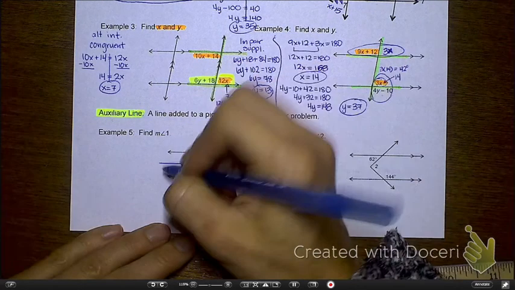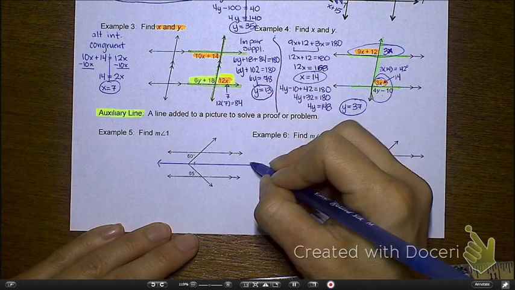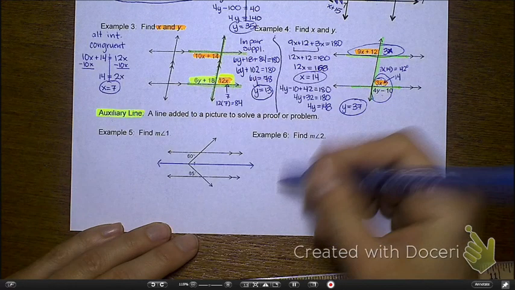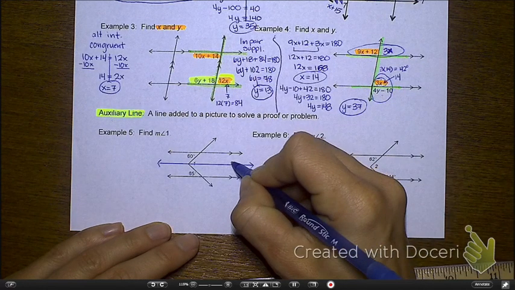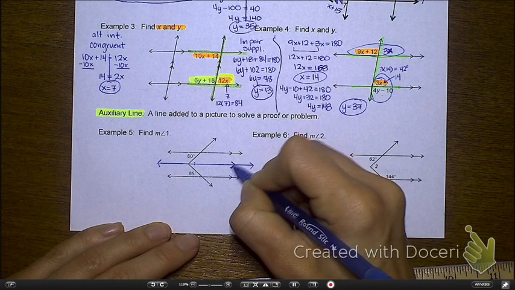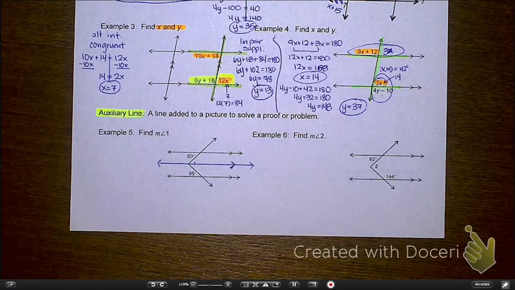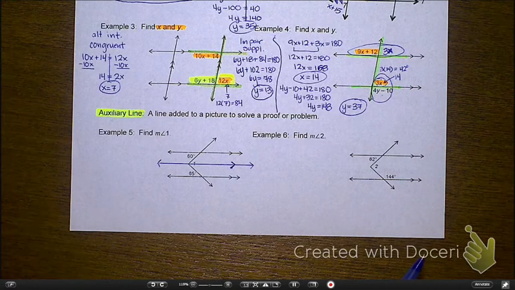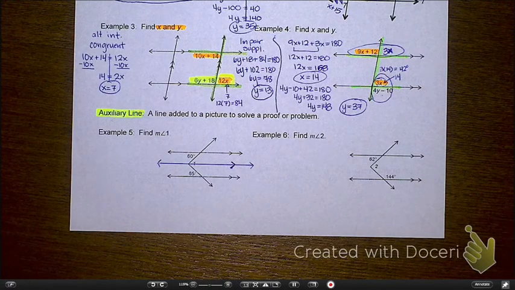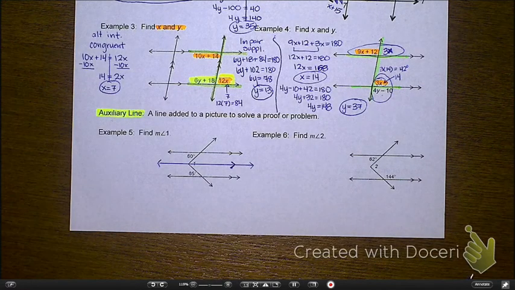Okay, can you guys draw that on your paper? And I'm going to make it parallel to the other two lines that are there. So I'm going to mark that it's parallel to the other two. Okay. All right. Okay, so now that I've drawn this auxiliary line,